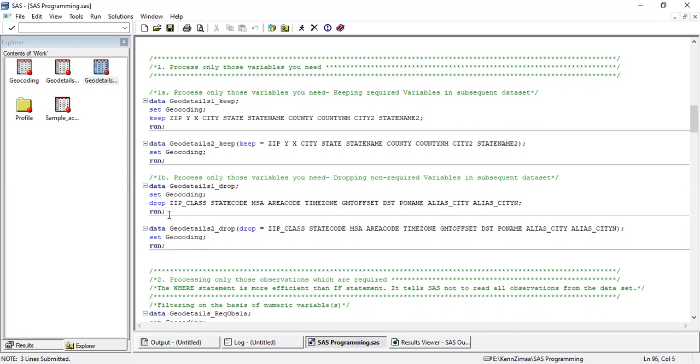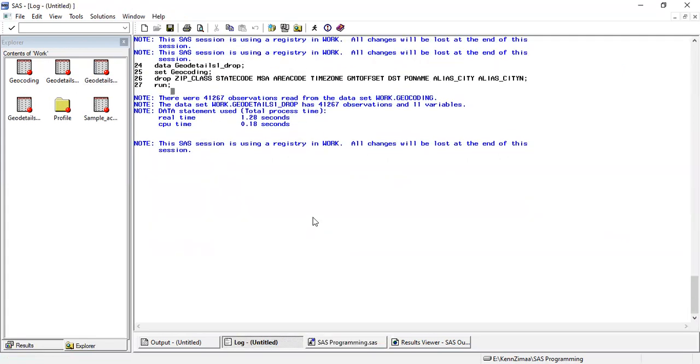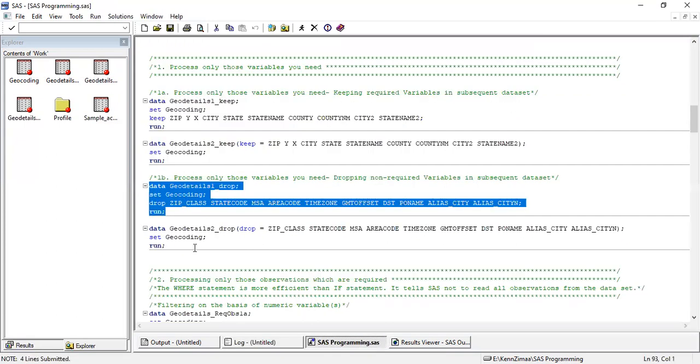It's just that our keyword is drop here, and we only mention the variables which we want to drop from the final data set. That means they should not be there in my final data set. So I run this and I create a data set geo details 1 underscore drop. I go to the log. It contains 11 variables and 41267 observations.